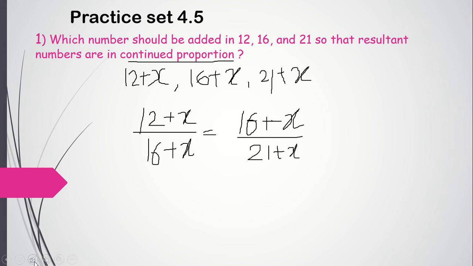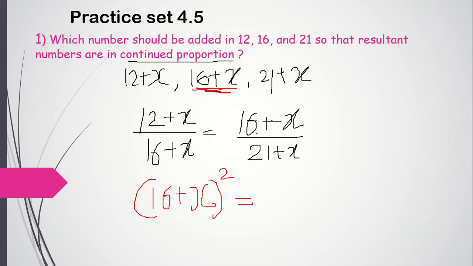Now if you want to write it directly, you can do so also. This step if you want to skip, because we know continued proportion means b square is equal to ac. So directly you can square this and take product of the first and the third. So we could do that way also. See, this is b square, (16 plus x) whole square. Now it is going to become (16 plus x) whole bracket square and this multiplied by this. So finally we will arrive at (16 plus x) the whole bracket square